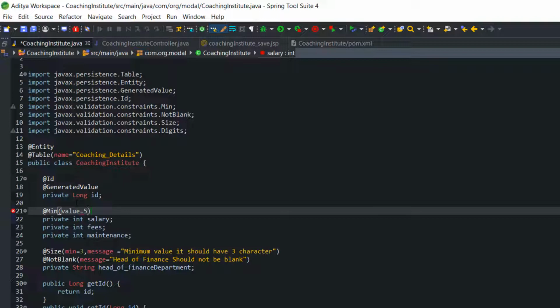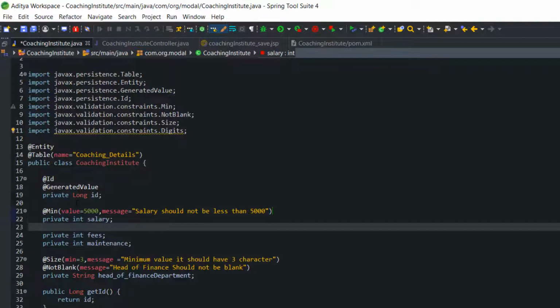And here I am going to write a message. The message will be like this: salary should not be less than 5,000.